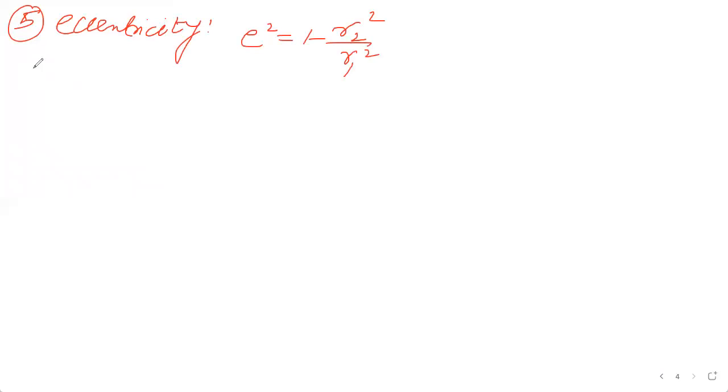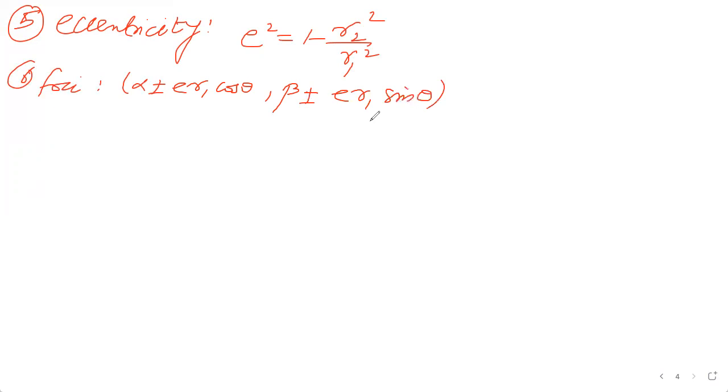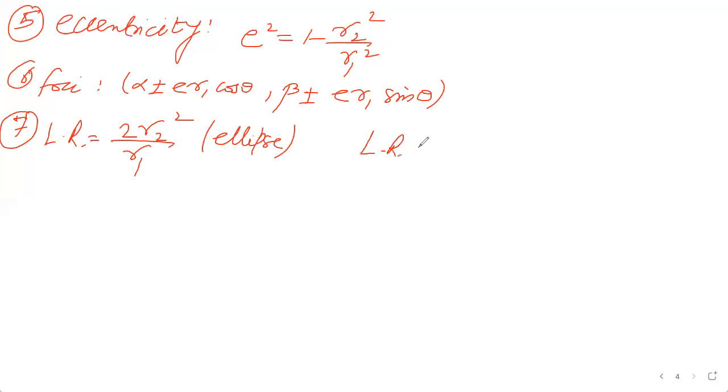Foci coordinates: alpha plus minus ER1 cos theta and beta plus minus ER1 sin theta. Alpha beta are the centers. Lattice vector, it was 2R2 square upon R1 for ellipse, and for hyperbola माइनस साइन आ जाएगा बस फॉर हाइपरबोला. ओके,